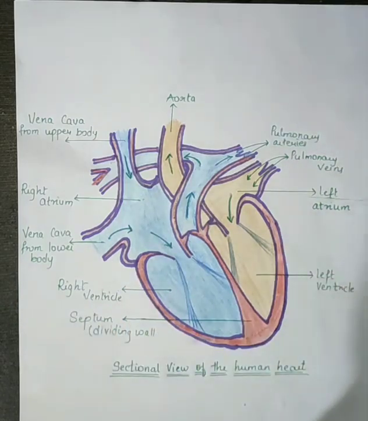Such separation allows a highly efficient supply of oxygen to the body, and this is useful in animals that have high energy needs, such as birds and mammals, which constantly use energy to maintain their body temperature. In animals that do not use energy for this purpose, the body temperature depends on the temperature in the environment. So such animals like amphibians or many reptiles have a three-chambered heart and tolerate some mixing of the oxygenated and deoxygenated